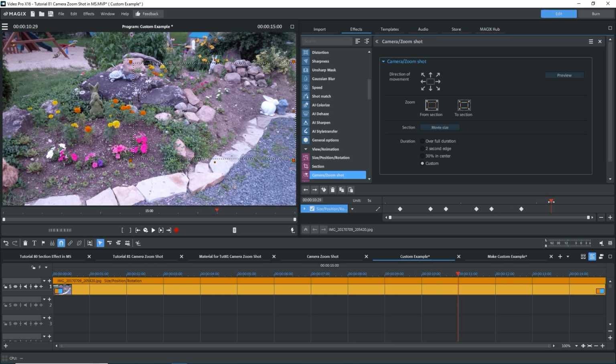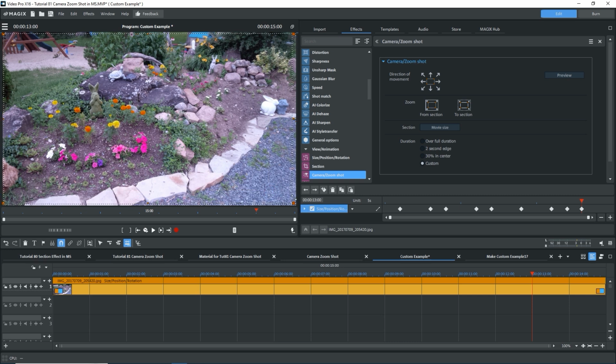So I'll move along the timeline another 2 seconds and resize the rectangle and position it over the rabbits. A keyframe is automatically placed. I'll hold this for about 1 second by moving along the timeline about 1 second and adding a keyframe. To zoom back out to full screen, there's a slight problem using camera zoom shot. Expanding the rectangle perfectly to full image is a bit difficult, and we can easily go outside of the actual